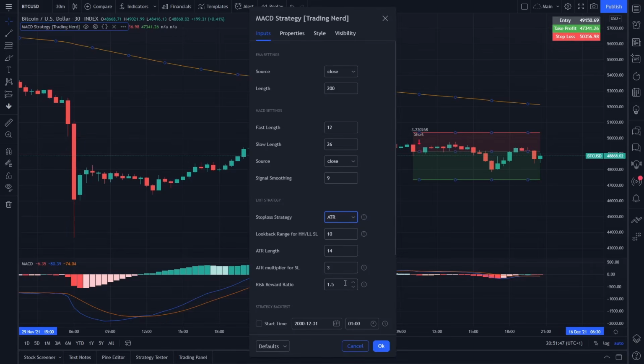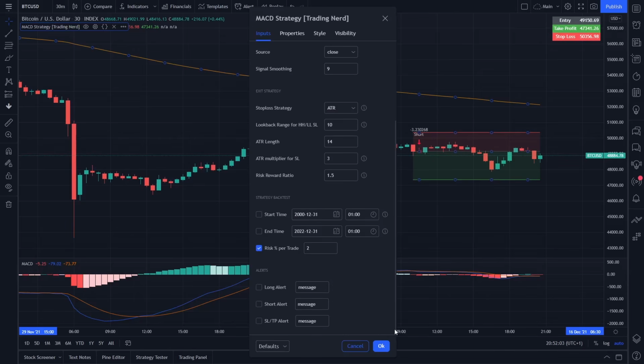The last option at the exit strategy section is the risk-reward ratio. This will multiply our risk, which is the difference between our entry and our stop loss, and by that calculate our take profit. We also want to use proper risk management, and for that we will set the risk